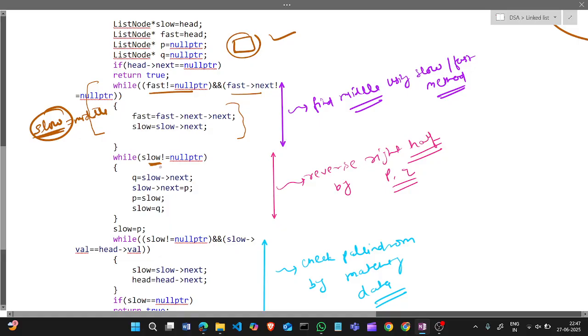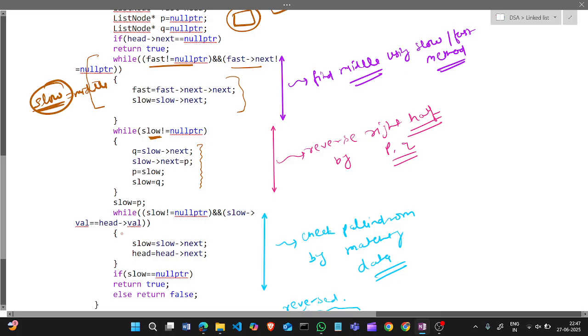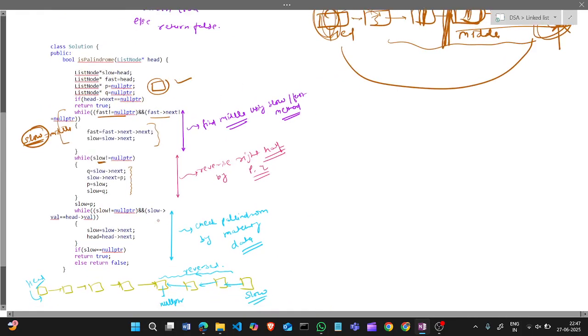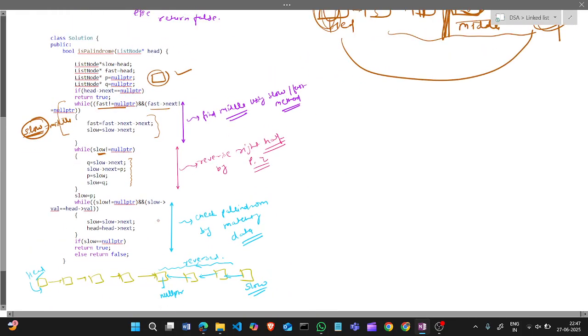Now if slow is not a null pointer, then what we will do is reverse the second half. Then we will make, so run this code. First run this code, then you will understand. Check this.